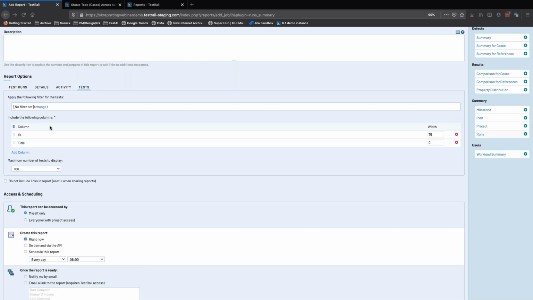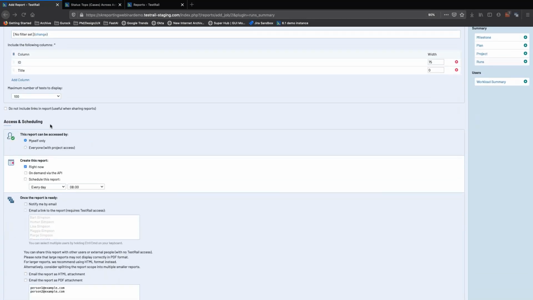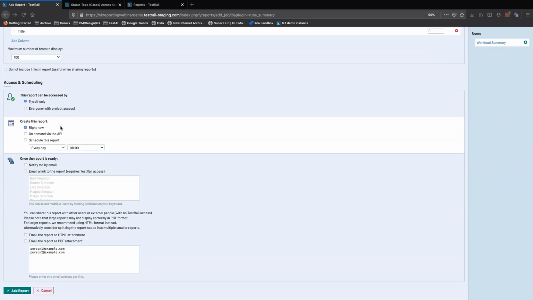So I think I've covered most of the report options. The access and scheduling area on your report configuration view is going to be fairly self-explanatory. You can define whether it's accessible only to yourself or to everybody, when to create the report. So if you want to generate it right now, or make it available via the API, or set the report to be run on a schedule, again, defined by yourself,